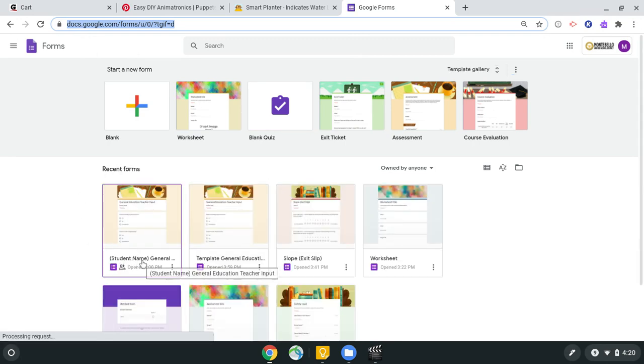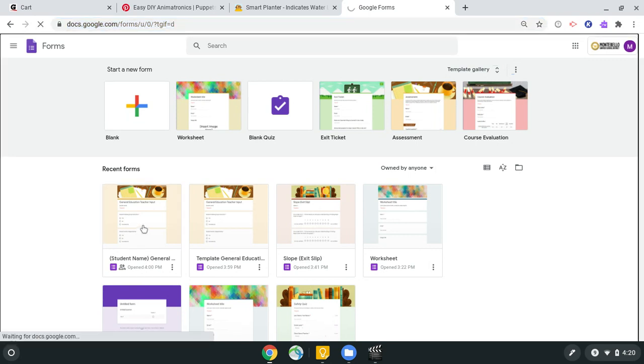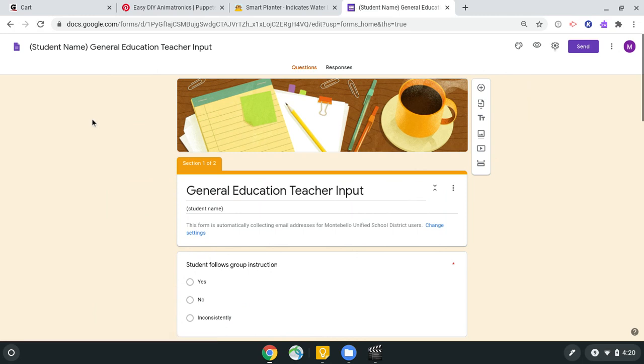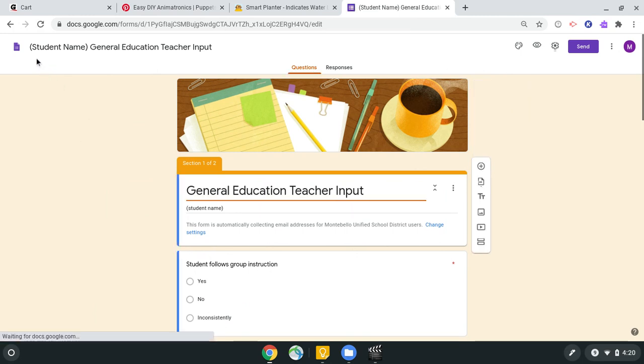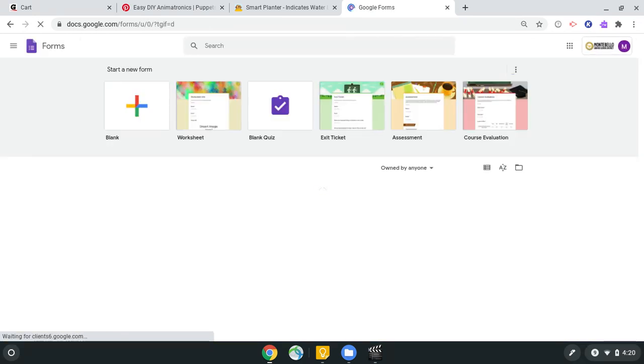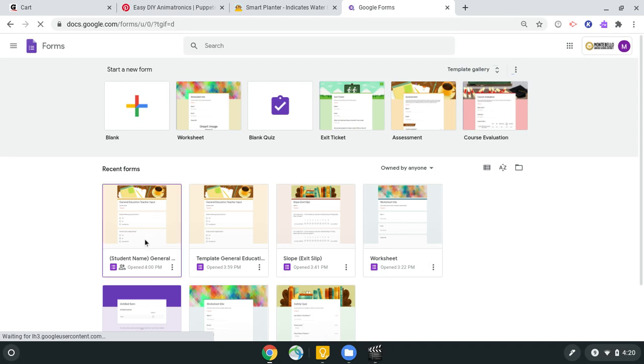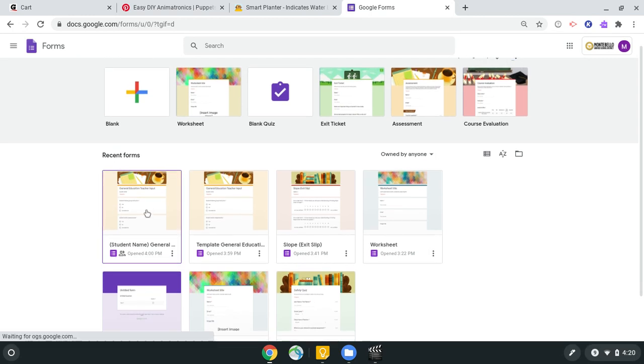It's the one that says student name. So whenever you want to use it for any of your students, you can just go over here. But this is the template, so you don't want to overwrite this one. So you're going to, oops, where did it go? Okay, so you're going to